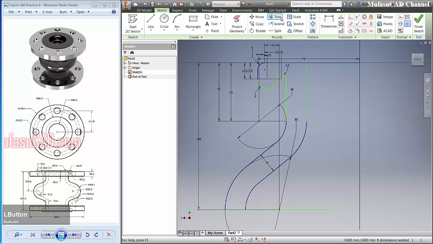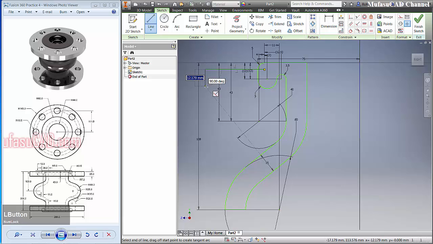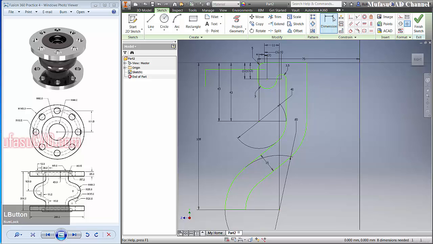Okay, use the trim command to cut this line object and this line object. Okay, and then this line object, right click and OK. I will create a line again, starting from this point to the left here and to the bottom, right click and OK. We give a dimension from this point to this origin point of about 143.